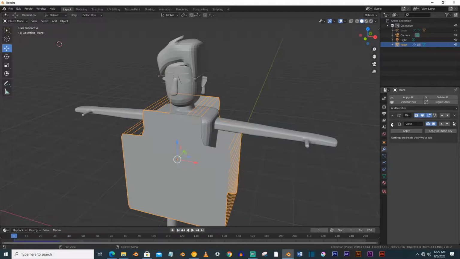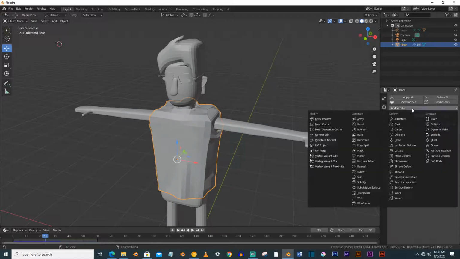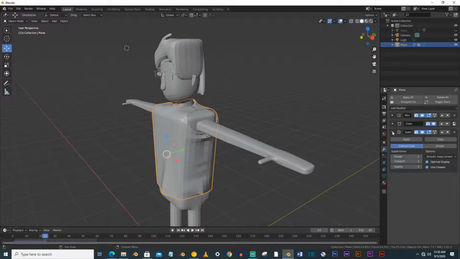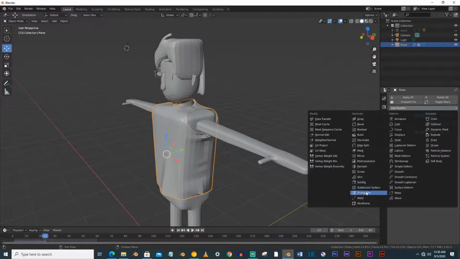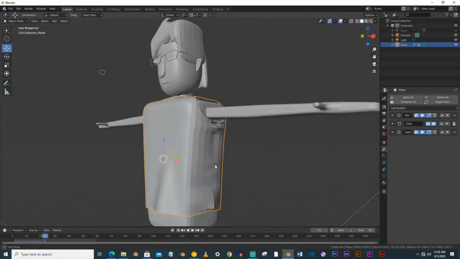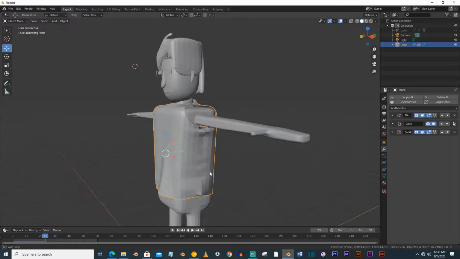You can give it a subdivision surface modifier here, and also you can give it a solidify modifier. But for this it is working very well.